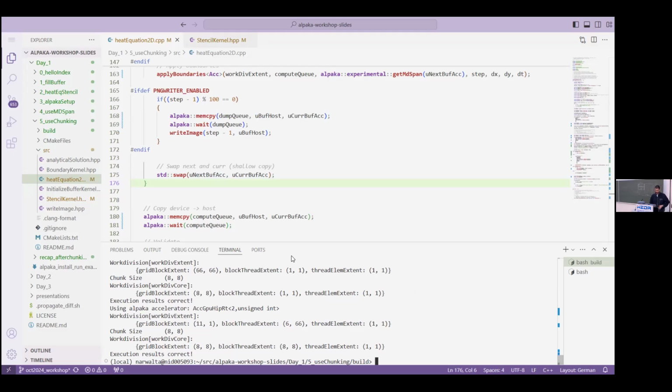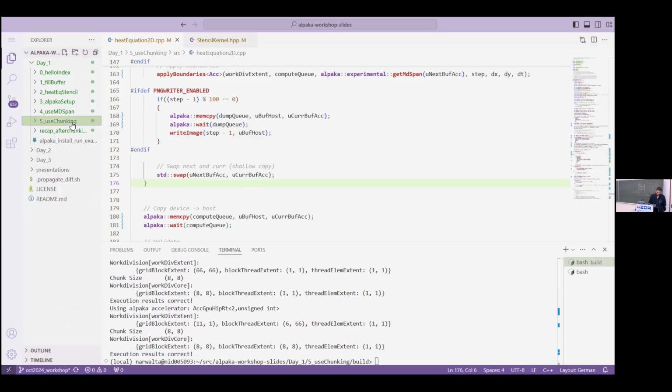So it seems that we have done things correctly and things are fine. I realized at some point that I added 2 queues in our chunking example. I hope this does not confuse people. So if the kernel that computes is much faster than the one that does the copy,